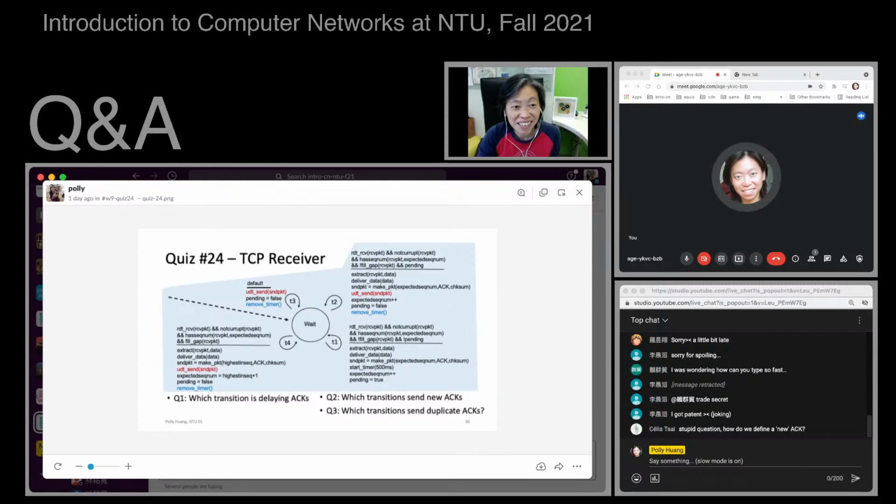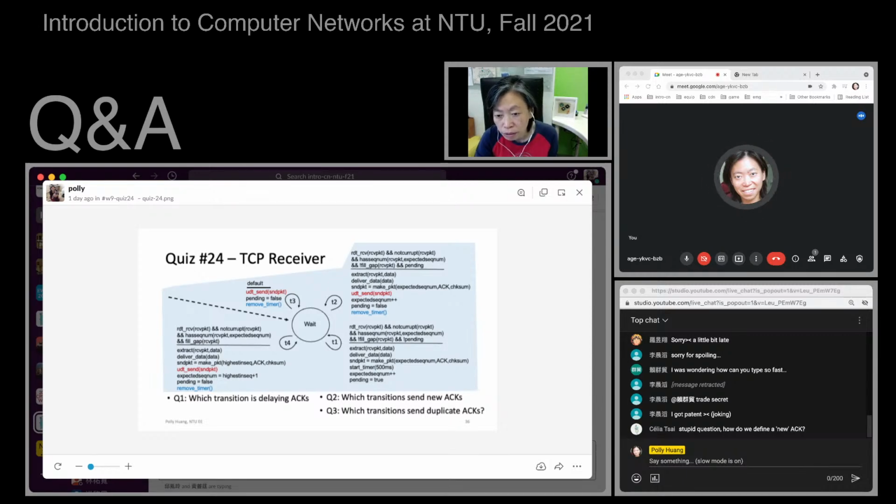Yeah, I had a feeling that you guys are a little bit stuck in Q2. Q1 is straightforward, isn't it? Good. Must be T1. In fact, Q3 is also not that hard. Q3 is the case where we receive packets that are out of order, creating a gap.